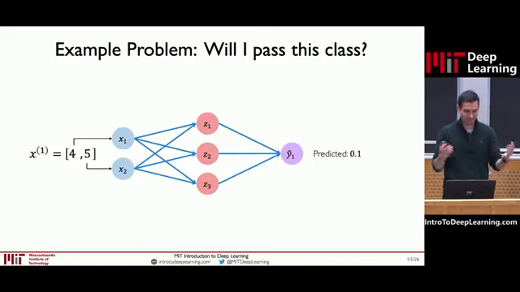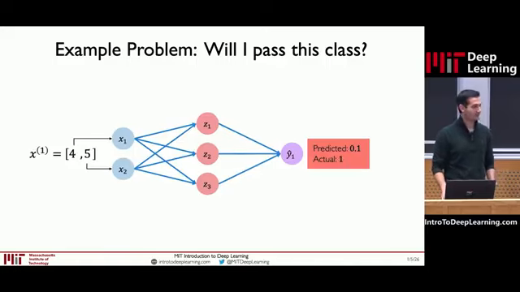Exactly. Okay, so this is a randomly initialized network. It is effectively the same as a brand new baby, right? It has never seen the world before. It has never seen any of that data before. So the step that's missing here is that we've just done a forward pass through the model. Now we have to actually teach the model, right? And the key part of this is that every time we have a prediction, the model predicts 0.1. There's also a ground truth answer for every prediction that we have in our training set. And the ground truth answer here is true, right?